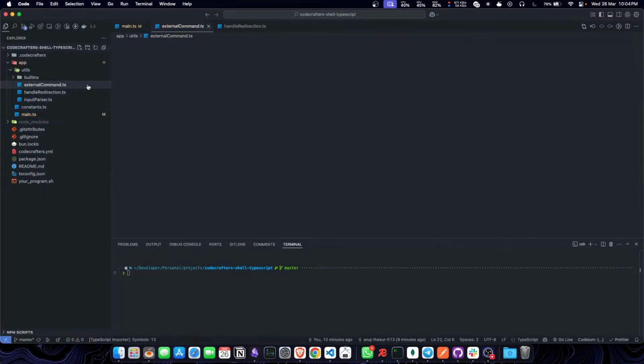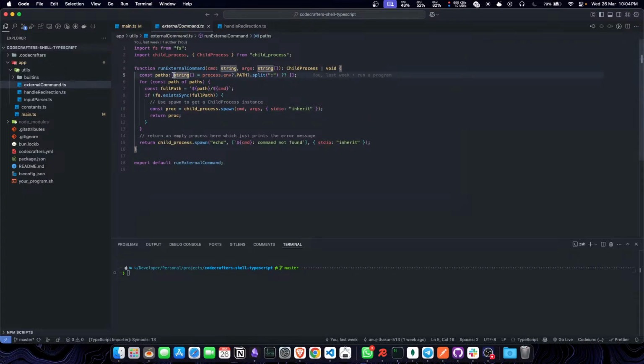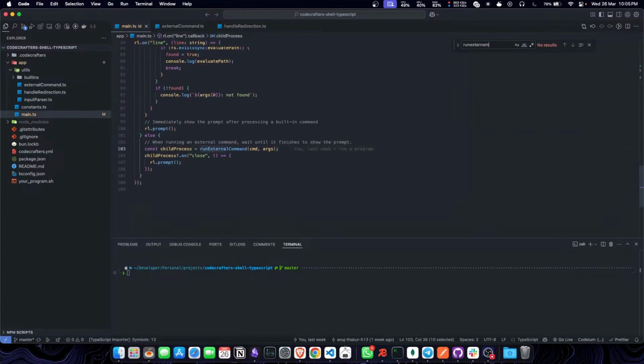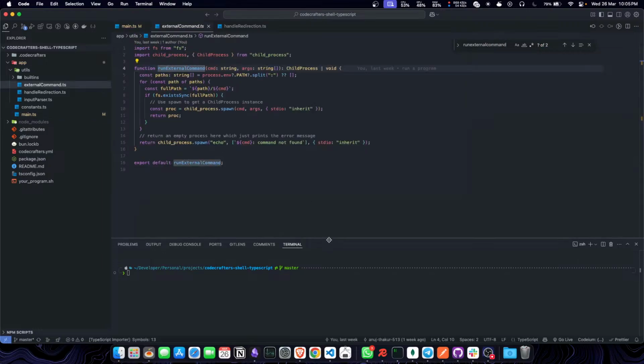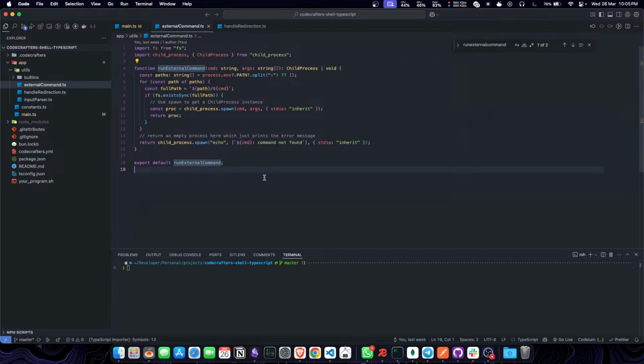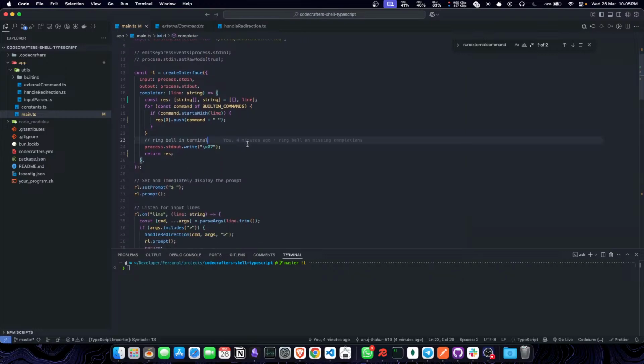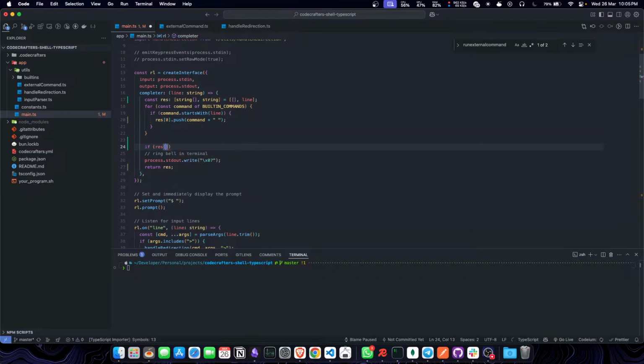I have this external command now. Let me edit this run external command. This is my run external command. What it does is gets all the paths, and for every path it will be doing this. So what I need to do in my autocomplete now is, alright, if is of 0 dot